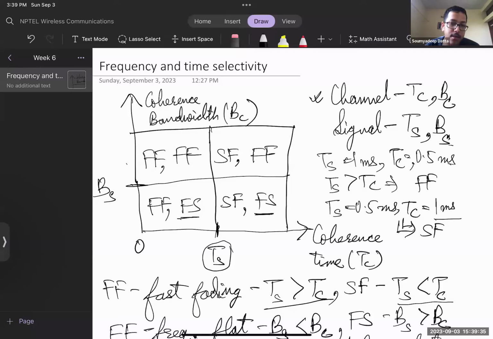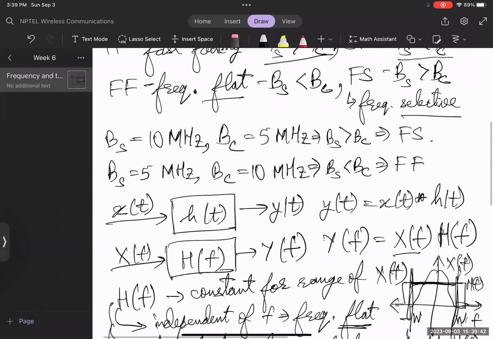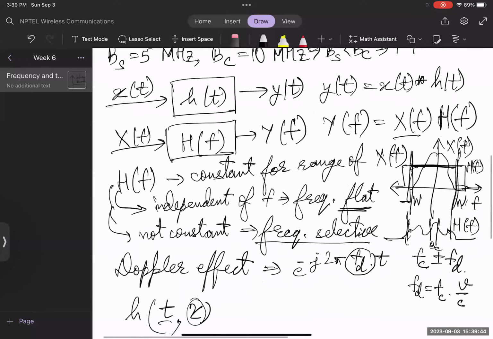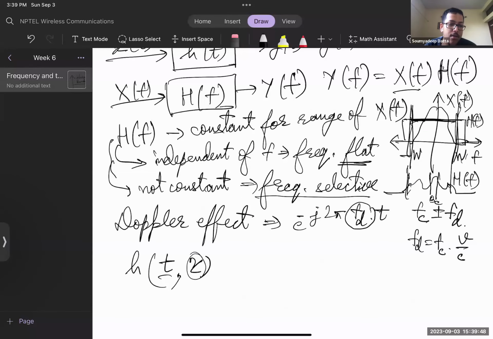Does that make sense? Not? Sir, coherence time means how quickly the channel is changing. Yeah, okay. And coherence bandwidth means